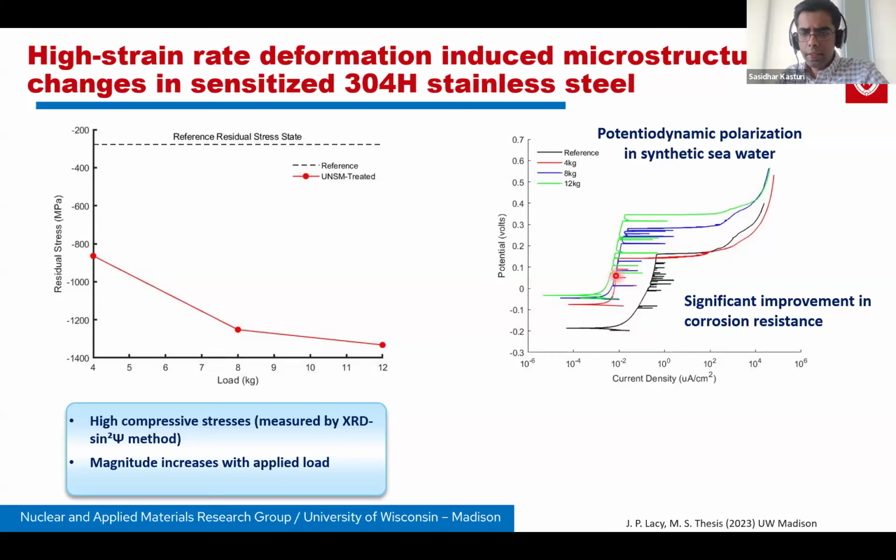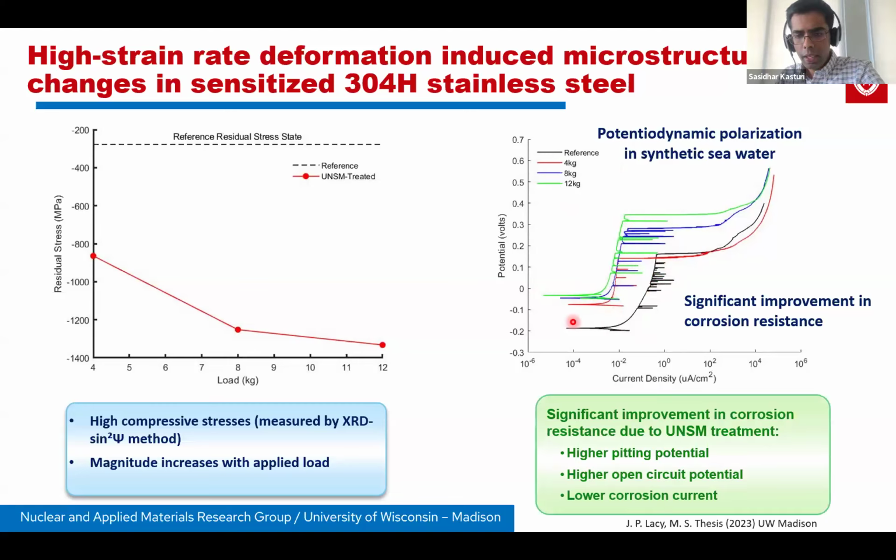And the other curves correspond to the UNSM treated material. And you can see that from multiple perspectives of electrochemical corrosion metrics, the corrosion performance has improved. You can see a higher pitting potential compared to the reference sensitized material. The corrosion currents are lower, and the open circuit potential is also nobler. So there is tremendous improvement in the corrosion resistance of the sensitized stainless steel when subjected to this surface cleaning